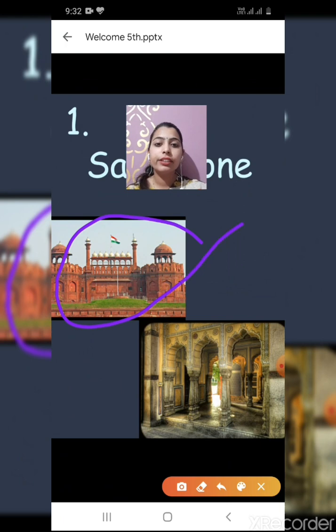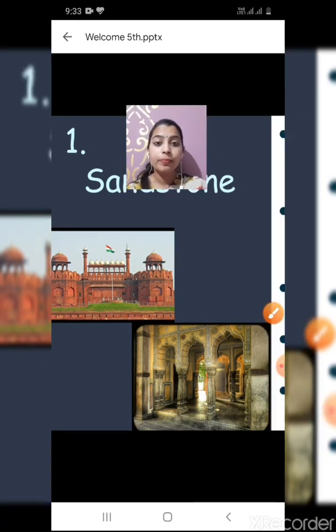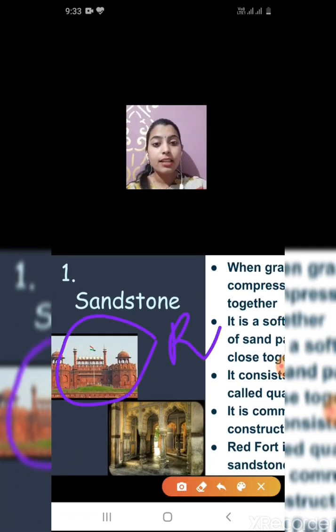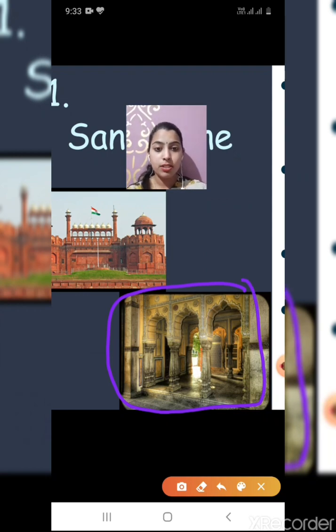This is red fort. What is it? This is red fort. The color of red fort is red. That's why the name of this fort is red fort. Red color sandstone, what? Which color? Red color sandstone is used in making red fort. Understood? Now in the second picture, you are able to see that the color of this sandstone